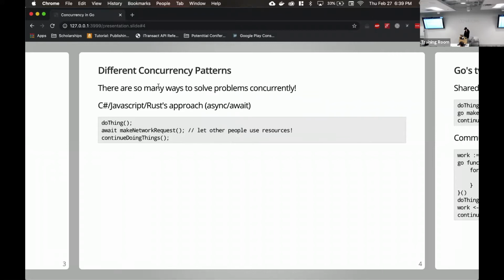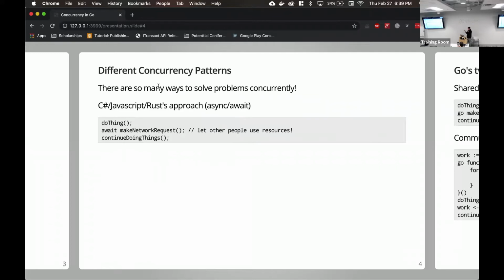So there's a couple different concurrency patterns. I don't know if any of y'all have done C# or JavaScript or Rust. However, they like this async await approach where you do a thing, you make a network request, and you wait for it to finish. And make network request is a function that is marked as async, which is just a keyword.